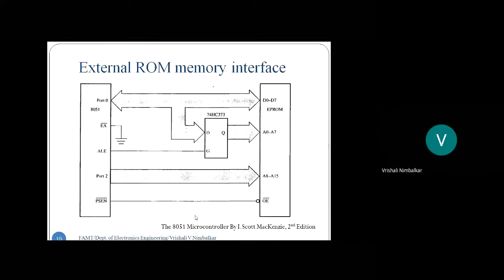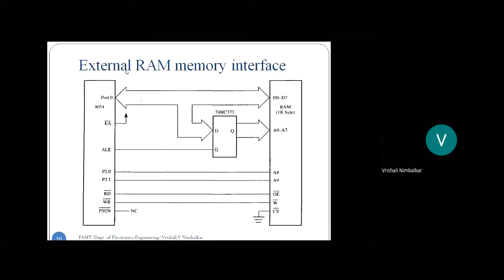And in the next diagram, we are interfacing a RAM memory. Now memory means a few address lines, data lines, and the control signals. Now it's a RAM memory, and we have only interfaced 1 KB. We said at max we can connect 64 KB memory, but it is not that every time we will require the full size. So here I have shown an example of 1 KB RAM memory connected, meaning 1000 memory locations.